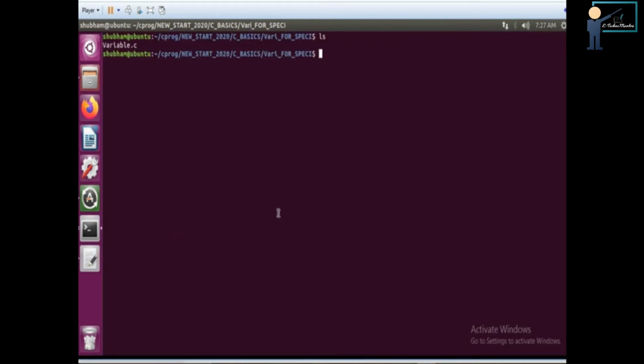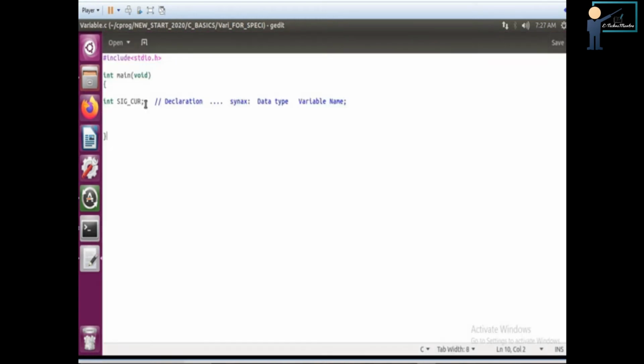Okay, and we'll compile in the Linux environment. For compilation, cc and the file name variable.c. Whenever you enter it, it's properly compiled. So whatever you declared, the data type is correct, so this declaration is correct. The next point is